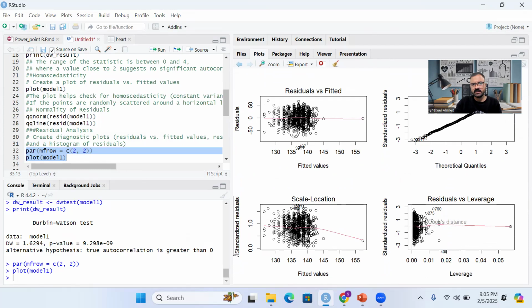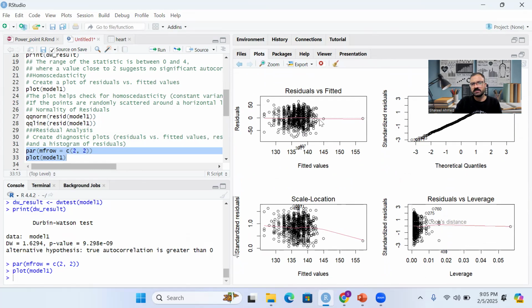You can see these points are plotted in the form of a circle. So although there is no linear relationship between y and x, we can say that the error term does not depend on the fitted